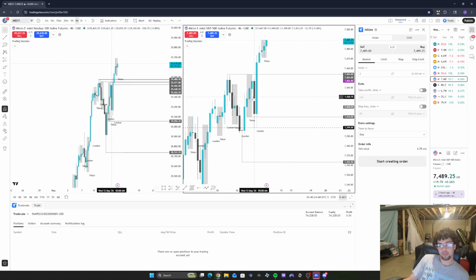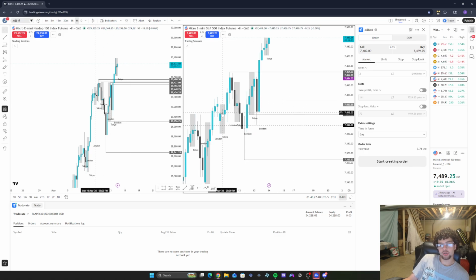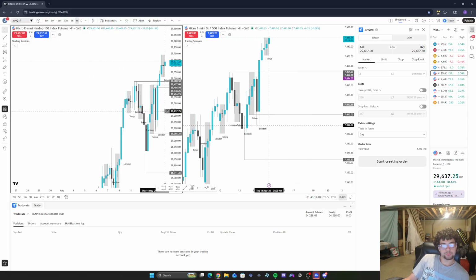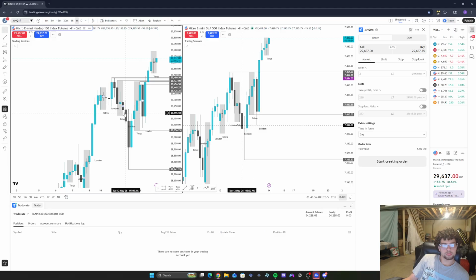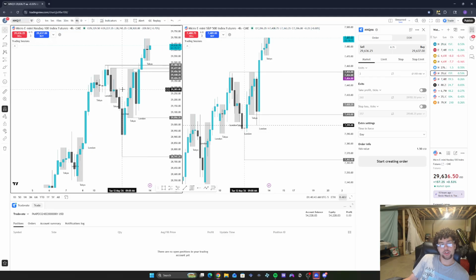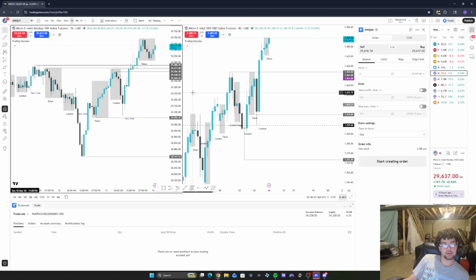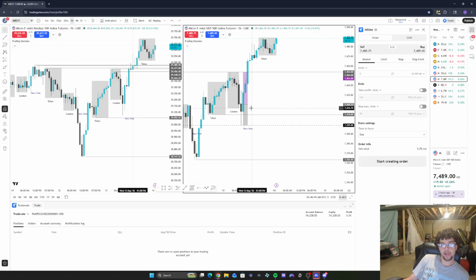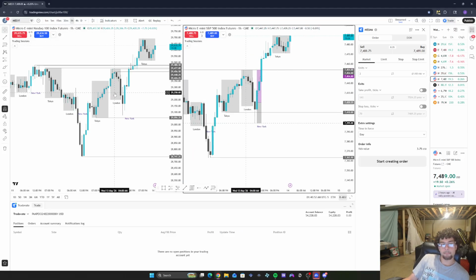As you can see here, before market open, we broke structure to the downside, but then we broke structure back to the upside. And on here, same thing. We broke structure to the downside and we broke structure to the upside. So on the 4 hour, we are bearish, or sorry, we are bullish on both charts. Okay, hourly. What about the hourly? What's going on? Okay, so on the hourly, we're bullish on NASDAQ and bearish on ES.